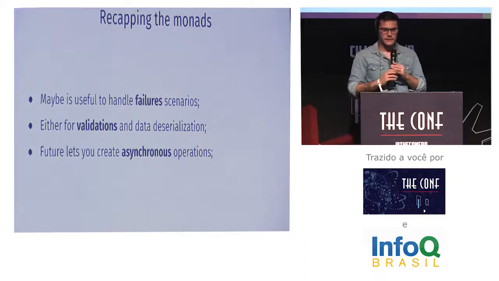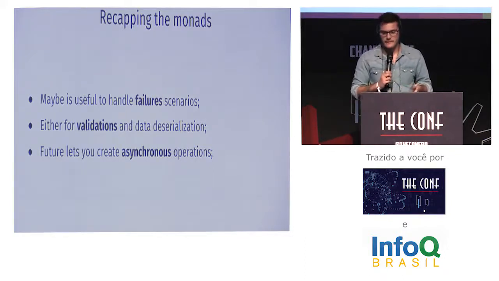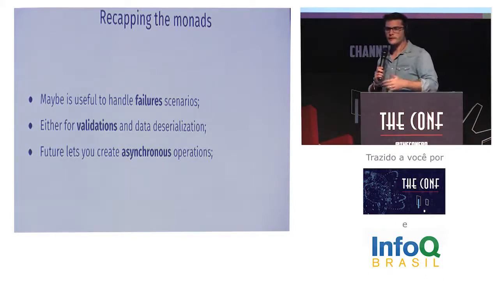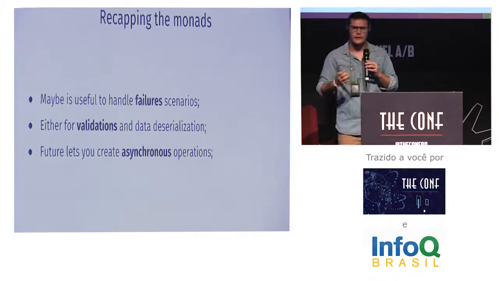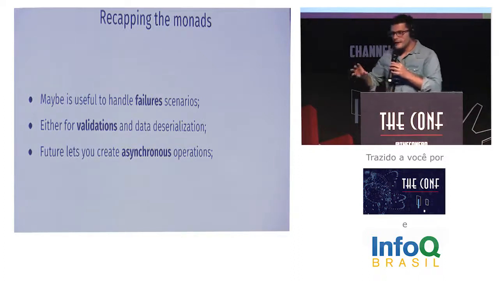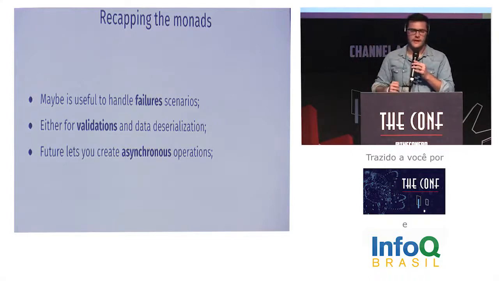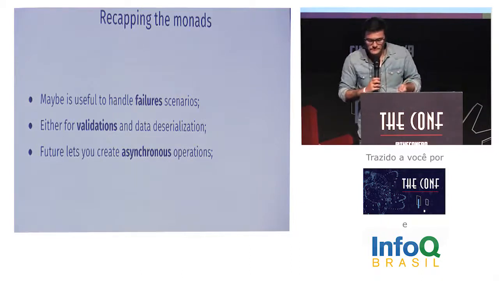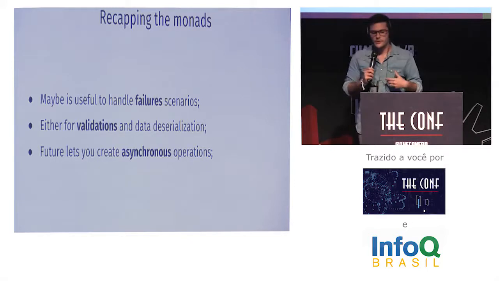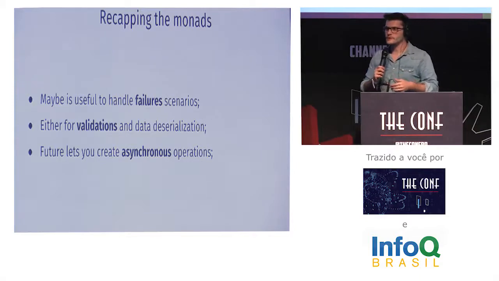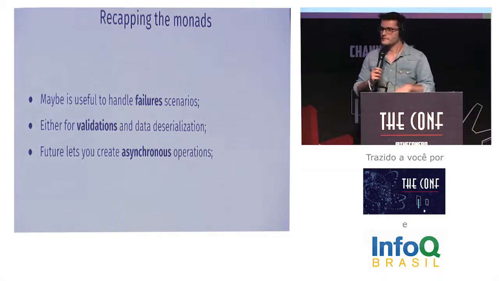The second monad that I showed you was the Either and the Validated. They are great for data validation and deserialization. They're used extensively in handling form data, deserialization libraries, and so on, because they allow us to apply validation to the entire data set in a functional programming way, in a very efficient way. And lastly, the Future monad, which allows us to create non-blocking asynchronous operations. And from the Future, we also explored the Observables and the Promises pattern.